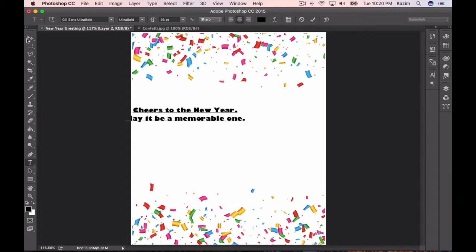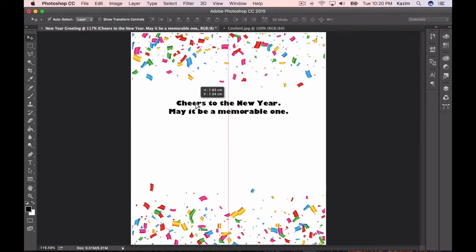Once you have typed it, grab your move tool on the toolbar, which is the top one. The shortcut key is V on the keyboard. Click and drag this anywhere inside the canvas to make it center aligned. You will see the guide will show you it's center aligned now. To make this more interesting, we can color the text as per the color of these papers